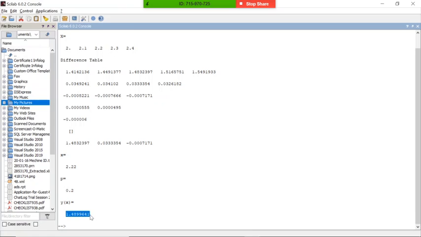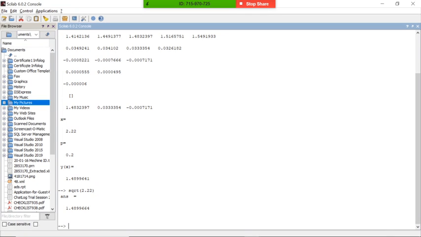You can check that 2.2 has 1.48 something, right? 2.2 is this one, this value is this one, and this 2.3 value is this one. So you can check this value is in between these two values, the sqrt of 2.22. You can check the value is the same.